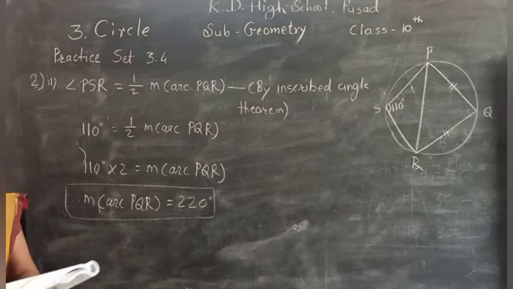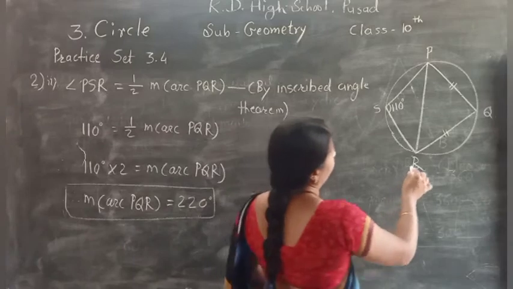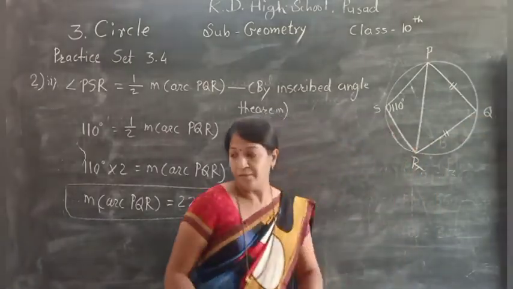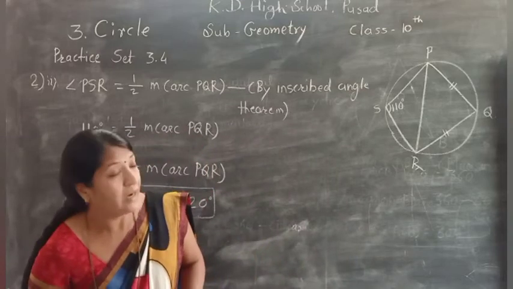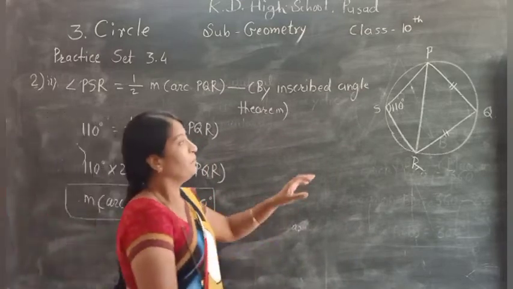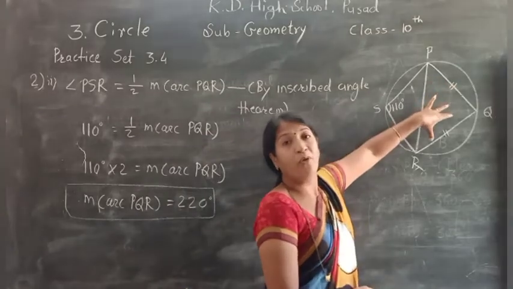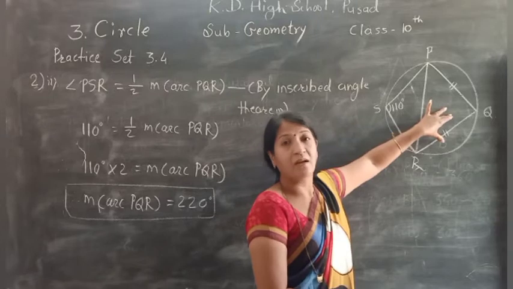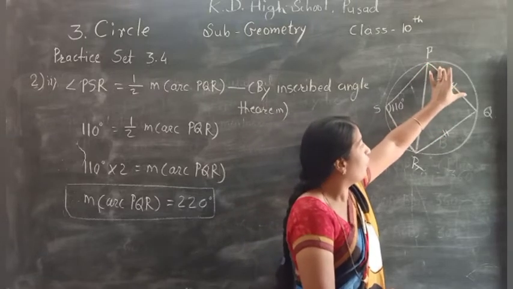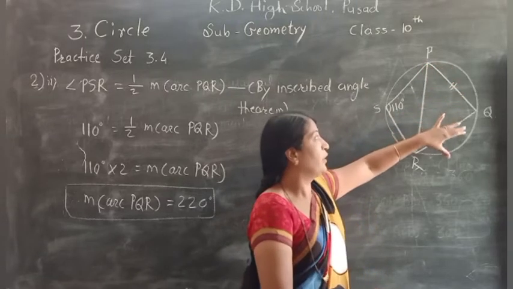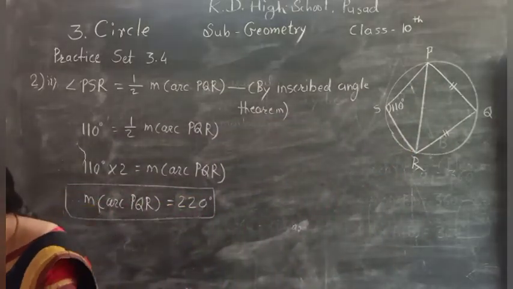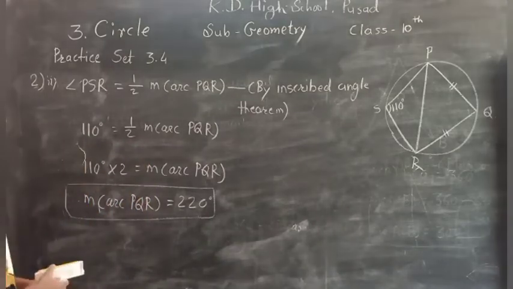Okay. Now measure of arc QR. PQR is divided into two arcs, that is PQ and QR. Now we know that chord PQ is congruent to chord QR, and if two chords are congruent, then the corresponding minor arcs are also congruent. Therefore chord PQ is congruent to chord RQ, and their sum is 220. Very simple. First of all, take a screenshot. We continue the third sub-question.